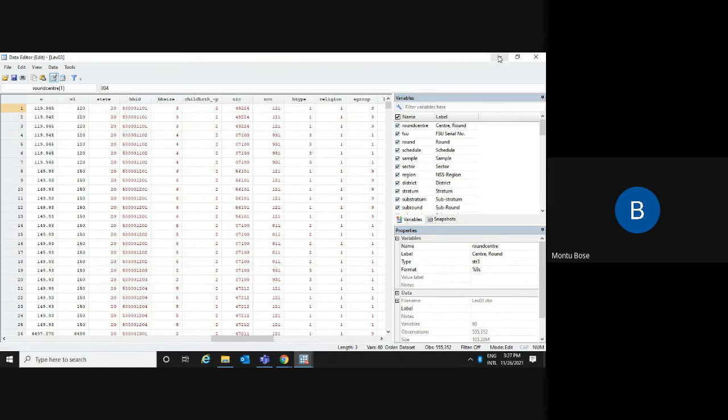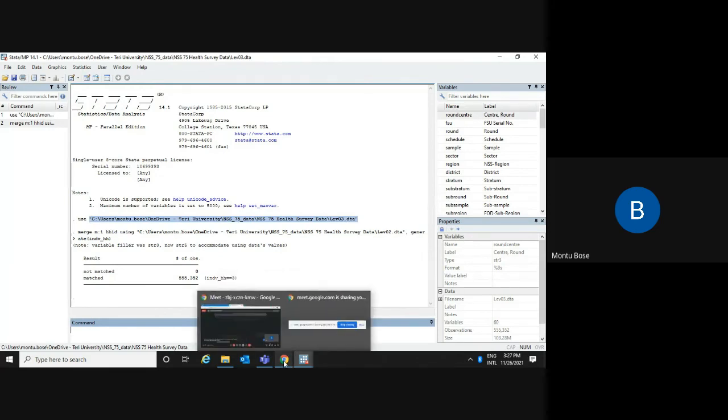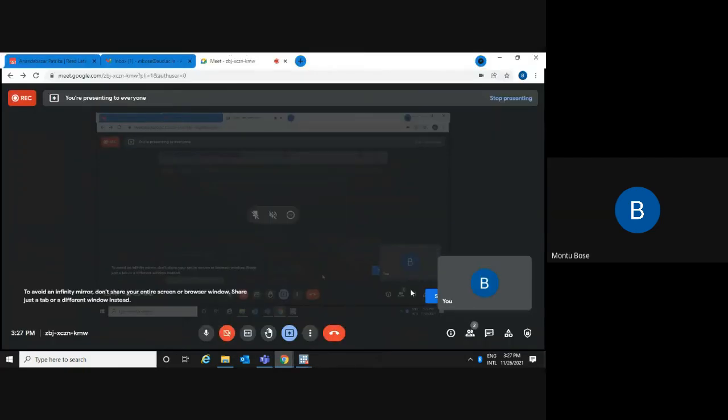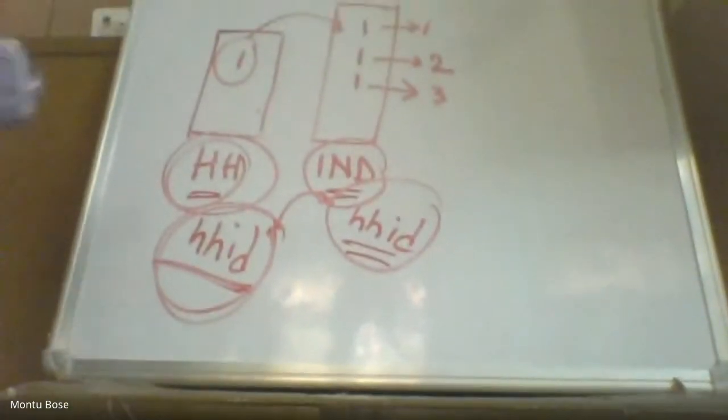So now in this case, it should not be the case that the data would always merge 100%. In some cases, you could see that the merging is not 100%. When could it happen, and what are the different codes you would get in such cases?